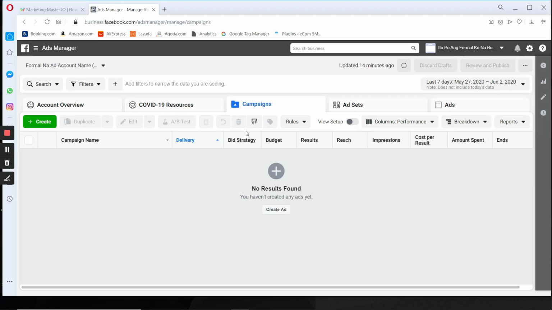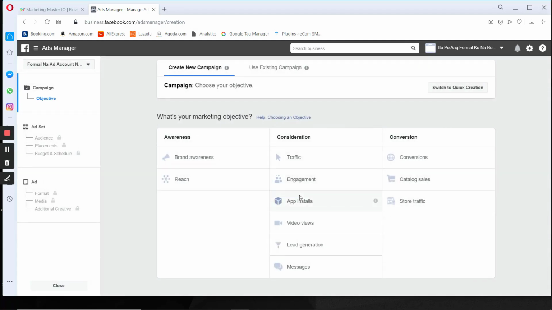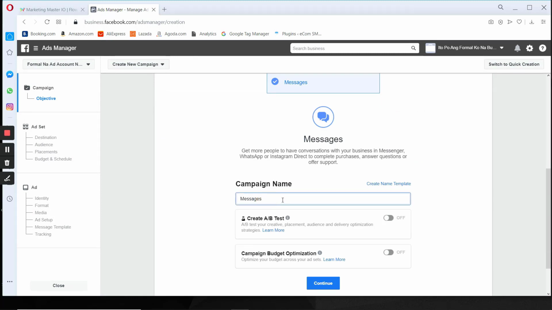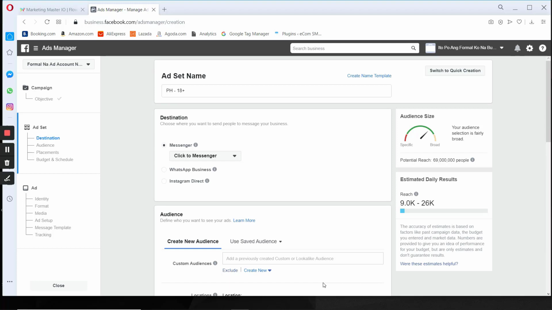The first thing that we are going to do is we are going to create an ad, and then we are going to use the message objective. And then let's name this as message, and then sponsored message. Right? So I am not going to discuss about targeting, about Facebook ad optimization at this lesson because what